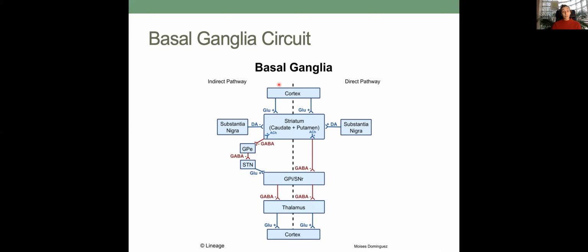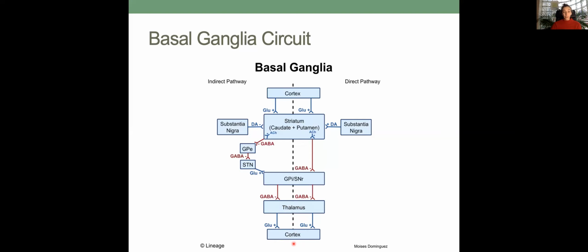The cortex, especially the motor cortex, sends signals into the striatum, made up of the caudate and putamen. The substantia nigra also sends signals into the striatum. These two signals, the cortex and the substantia nigra, affect the output of the striatum, going into the globus pallidus external or the globus pallidus internal. In turn, these have downstream effects on the thalamus, which communicates back up into the motor cortex to either promote